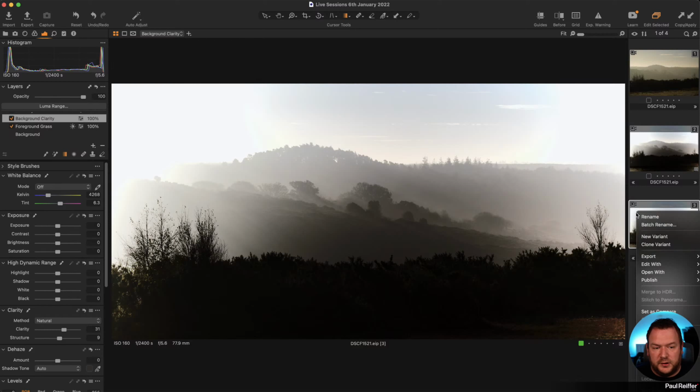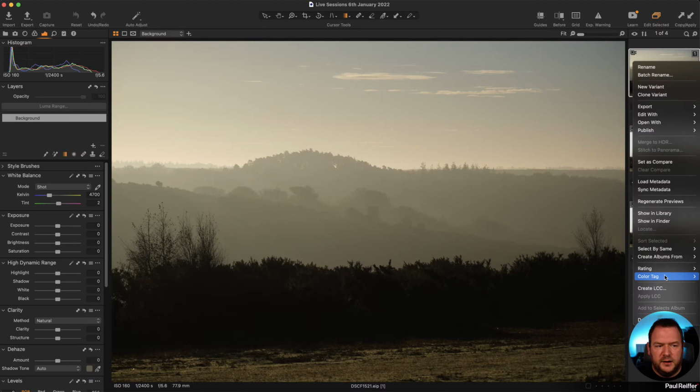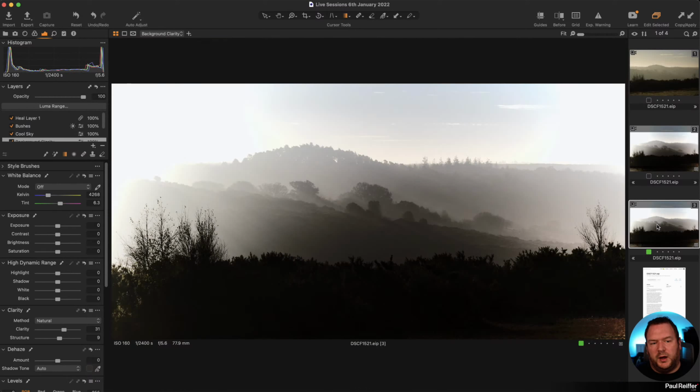I might want to color code it. So I can use a keyboard shortcut, or I can, on here, go into color tag, and I can change our color tag. I can change a rating with different stars. But this is a way of me allowing myself to snapshot different ideas. So we might go down one route for one variant and one route for another. That's all we're building up, but it's not creating huge amounts of data or duplicating files. It's just creating new containers with different adjustments each time.